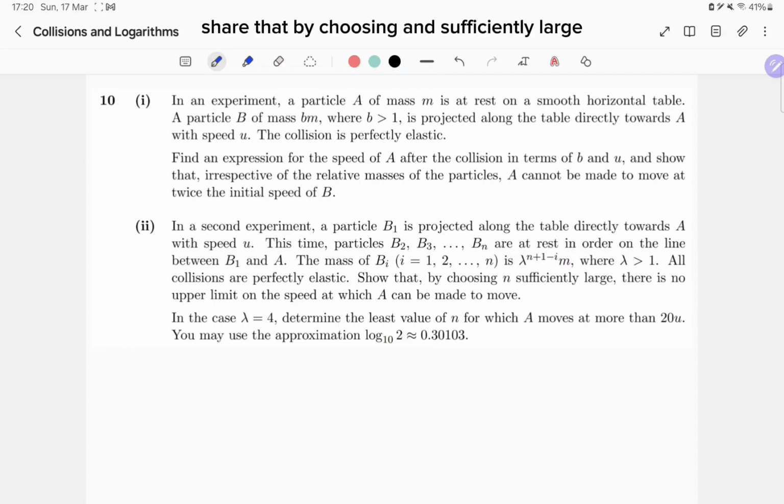Show that, by choosing n sufficiently large, there is no upper limit on the speed at which A can be made to move. In the case lambda equals 4, determine the least value of n for which A moves at more than 20u. You may use the approximation log 10 of 2 equals